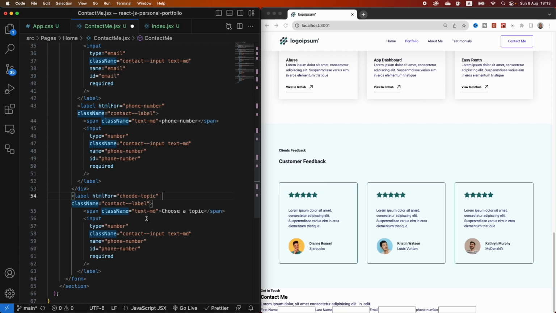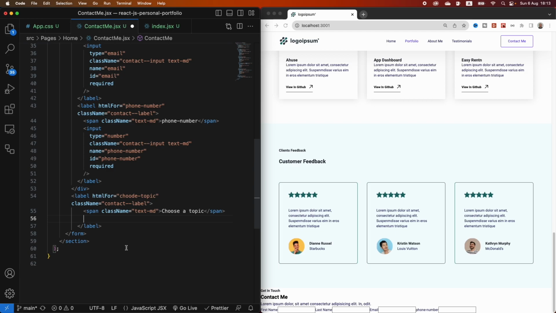And then we're not going to have an input, but we are going to have a select. And the ID and the name, let's actually see, we don't actually need a name here. Let's have an ID, choose topic, and then a class name of contact input text MD, and then inside of the select, we're going to create an option,